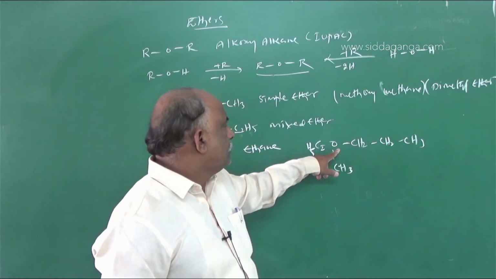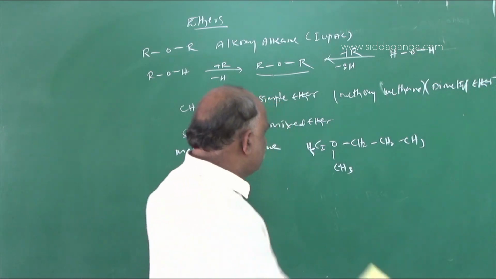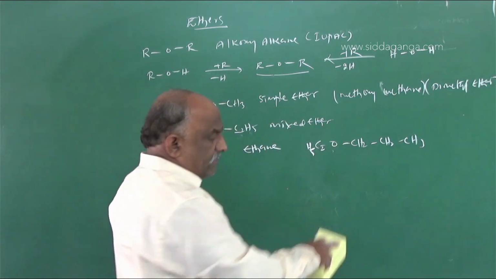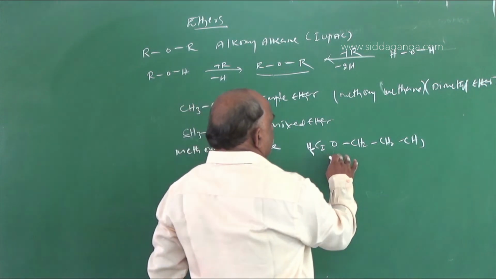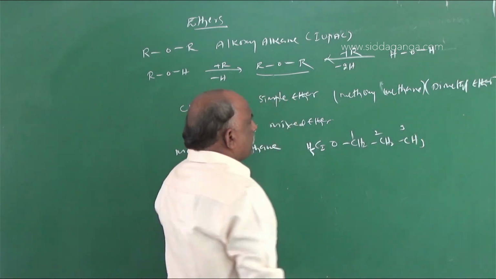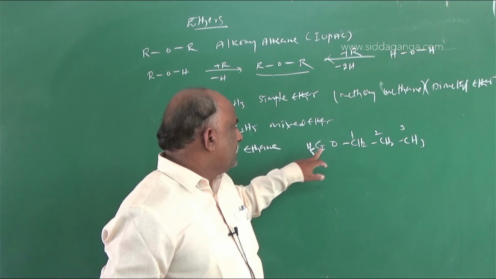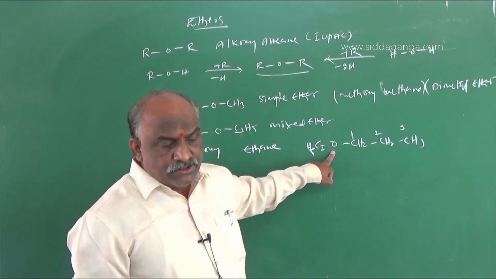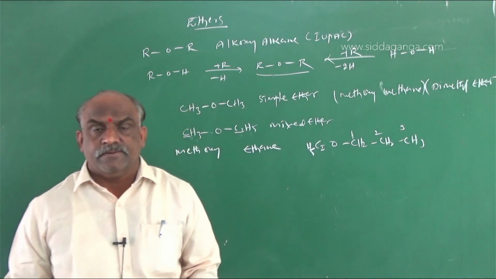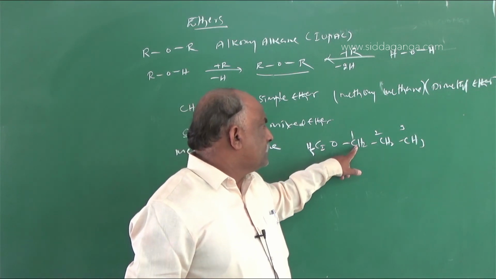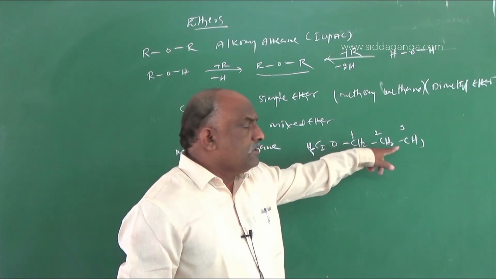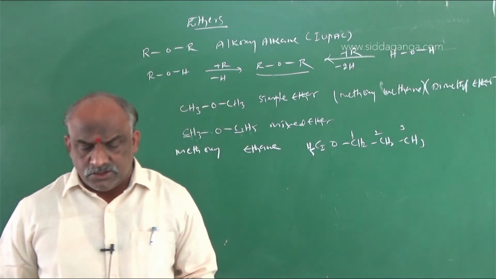So how should we write it? Suppose like this, 1, 2, 3. Don't make it the other way because it is not stable. So what is the answer? It is 1-ethoxypropane. 1-ethoxy because of C2H5O; C2H5O is called ethoxy. The ethoxy position is on the first carbon, so it is called 1-ethoxy. Total number of carbons is 3, that is propane.